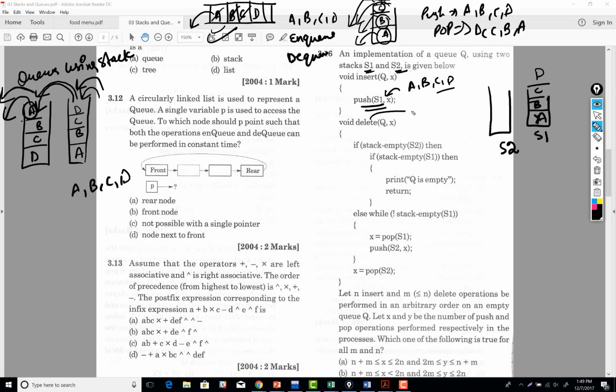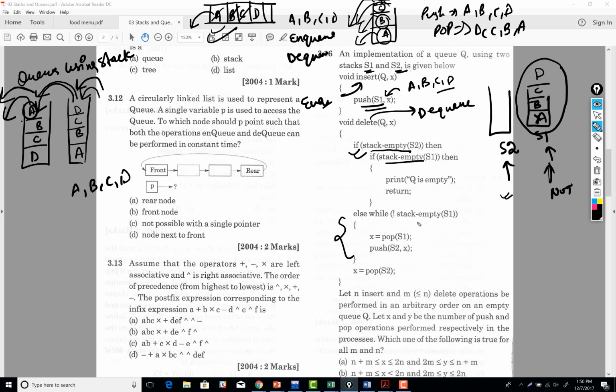And this is representing the dequeue operation and this is representing the enqueue operation. When we have to dequeue, we have to check whether the stack is empty or not. If both the stacks are empty, that means we don't have any item to pop, right? But if this stack is not empty, for example this stack is not empty but that stack is empty, then until